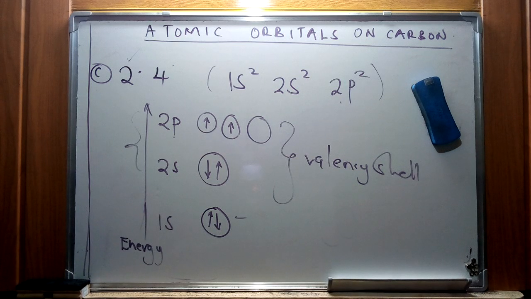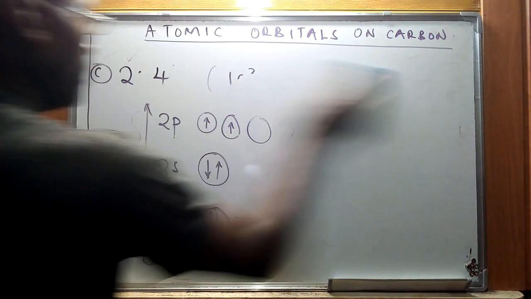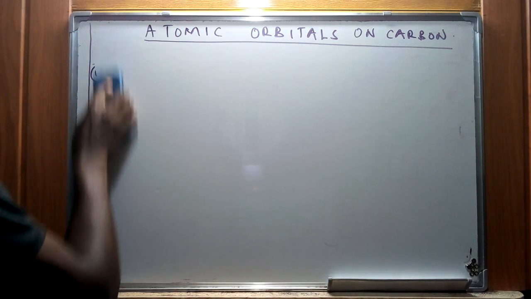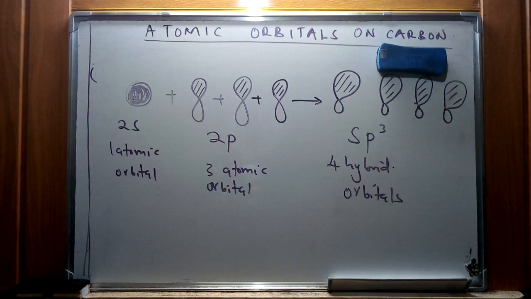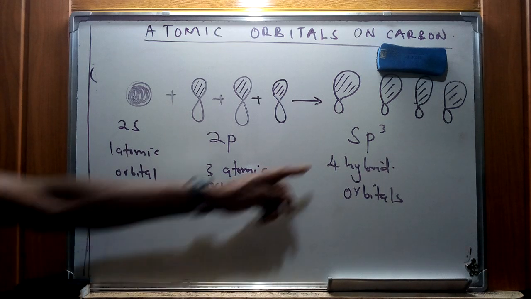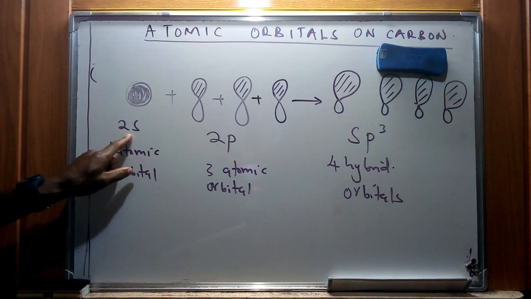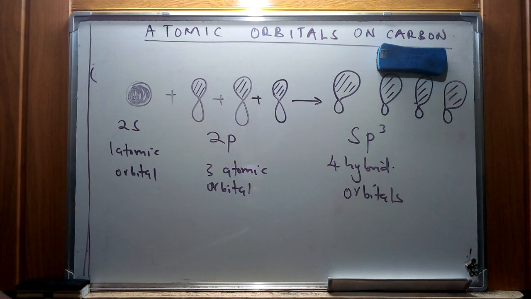So in order for them to bond to other orbitals to form a hybridized molecule, we can use an illustration of what is happening during this bonding. The 1s orbital, the 2s orbitals and the 2p orbitals are mixing to form what we call a hybridized orbital, which I'm going to illustrate shortly. So we have the valence shell combining to produce 4 sp3 hybridized orbitals in this particular case. So we have our 2s and 2p, which are the valence shell, combining in this specific order to form the sp3